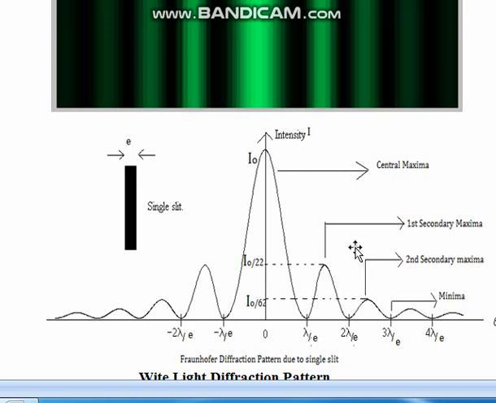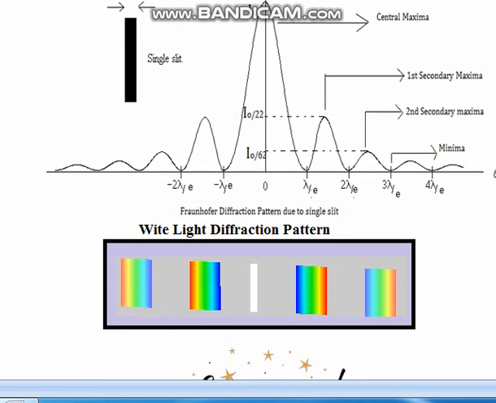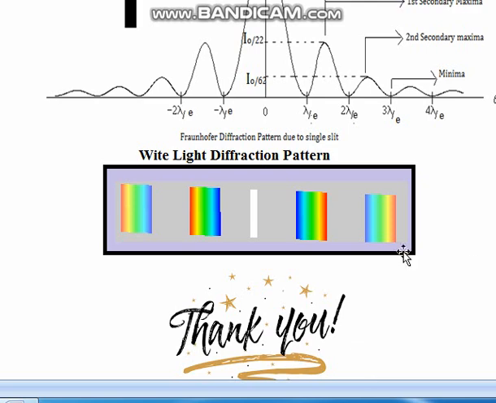Here this is the central maxima, this is the first order, this is the second order, and these are the minima. The intensity continuously decreases far from the central maxima on either side of the central bright band. However, these graphs are for a single wavelength. Here I try to draw the white light diffraction pattern, and you can see that the central maxima is white, however this is the first order maxima, this is the second order maxima, and similarly on this side this is the first order, this is the second order,